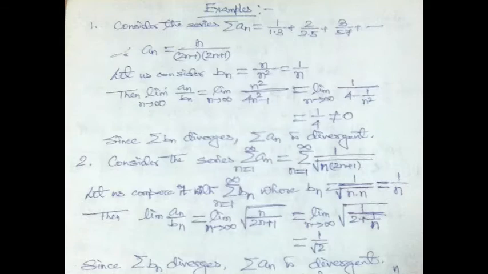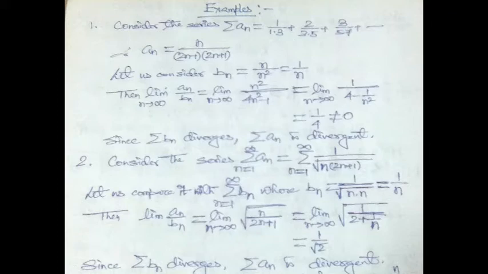In this video, I will mainly focus on describing different examples of infinite series. First one, consider the series 1 by 1 times 3 plus 2 by 3 times 5 plus 3 by 5 times 7 plus so on. So what will be the nth term? Then u_n will be n by (2n minus 1) times (2n plus 1). So we have to check the convergence of the given infinite series.